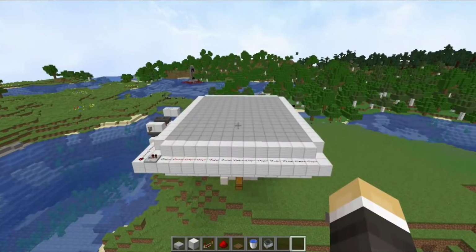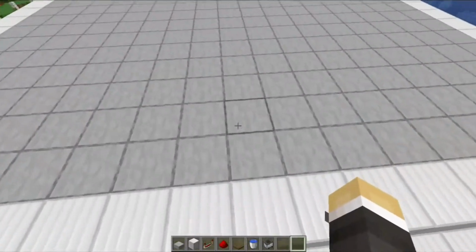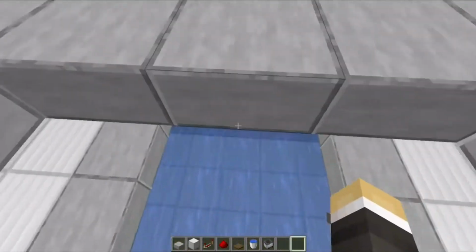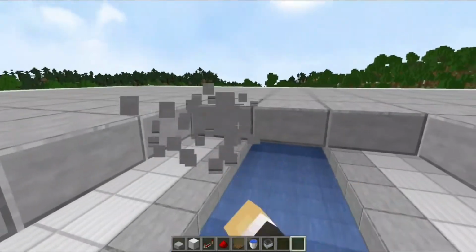This single layer will produce around 2 stacks of string per hour. It is very straightforward to add additional layers to the farm. First step would be to remove the 3 rows of slabs in the centre of the farm. Don't worry if you drop any of them, they will be picked up by the water stream and the minecart